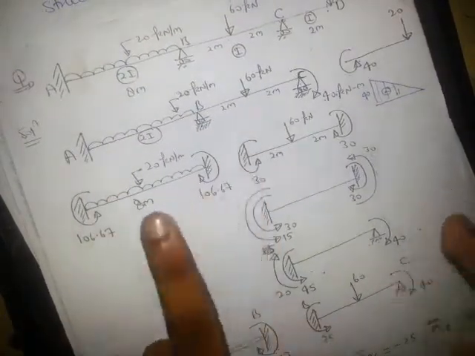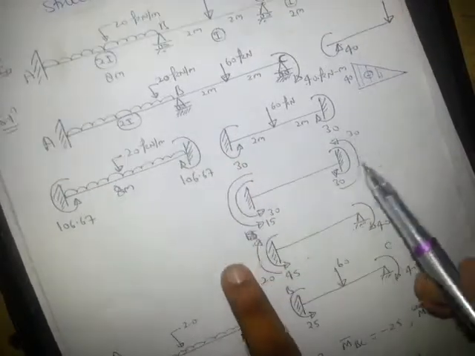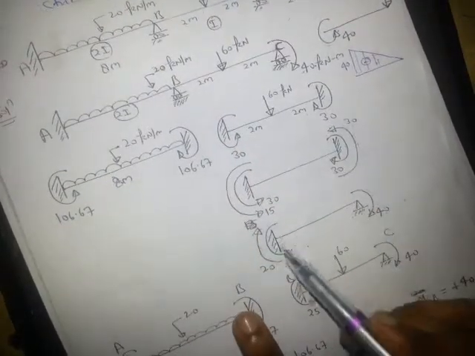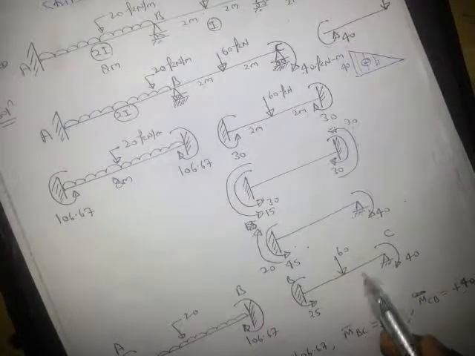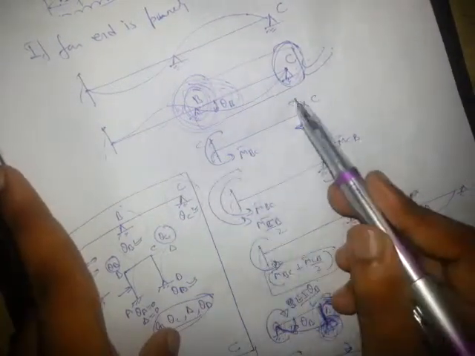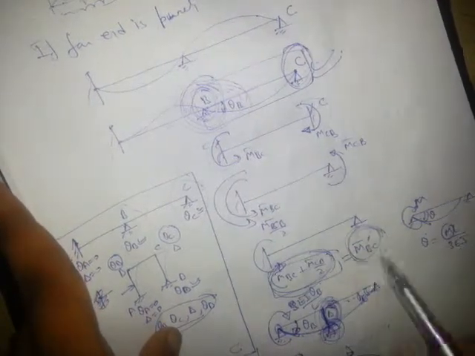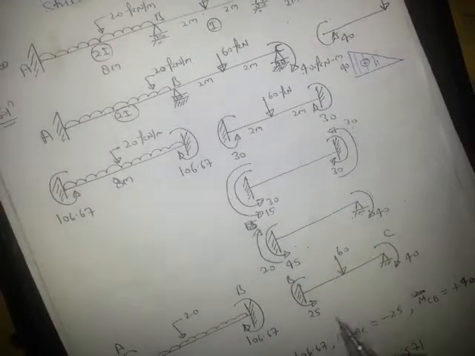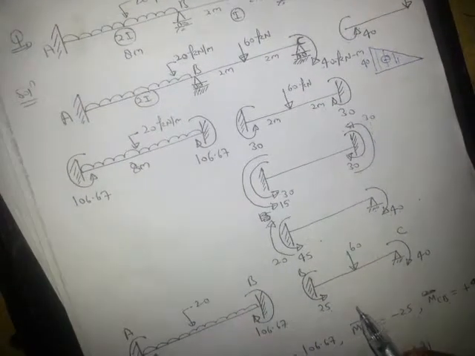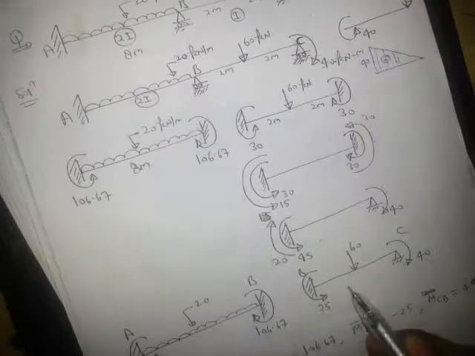So this is the question. First, assume these two ends as fixed. This is the fixed, right? Calculate the fixed end moments. Now modify this and find the corrected moment. This is the M bar dash BC and this is 0. I told you this. This is M bar BC. This is M bar CB, and apply this, it will be M bar dash BC. So we have calculated this M bar dash BC. So our end moments are M bar AB, M bar BA, M bar BC, M bar CB. These are the end moments.